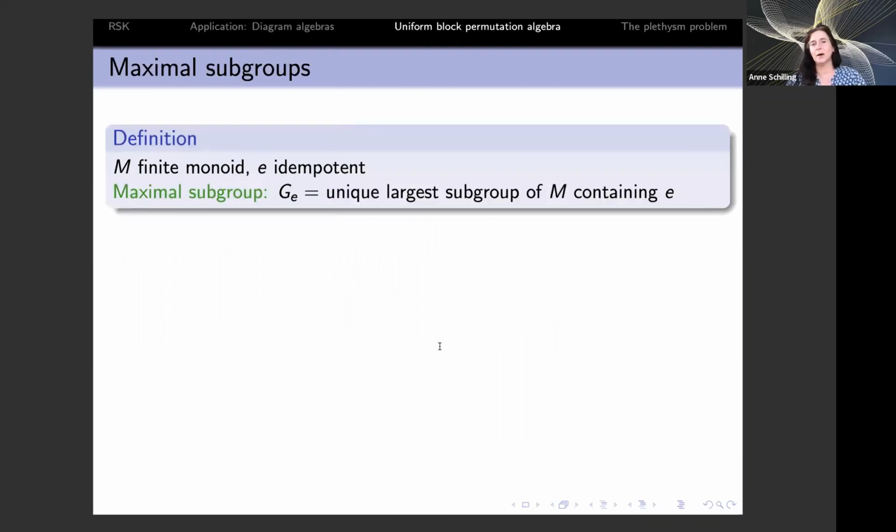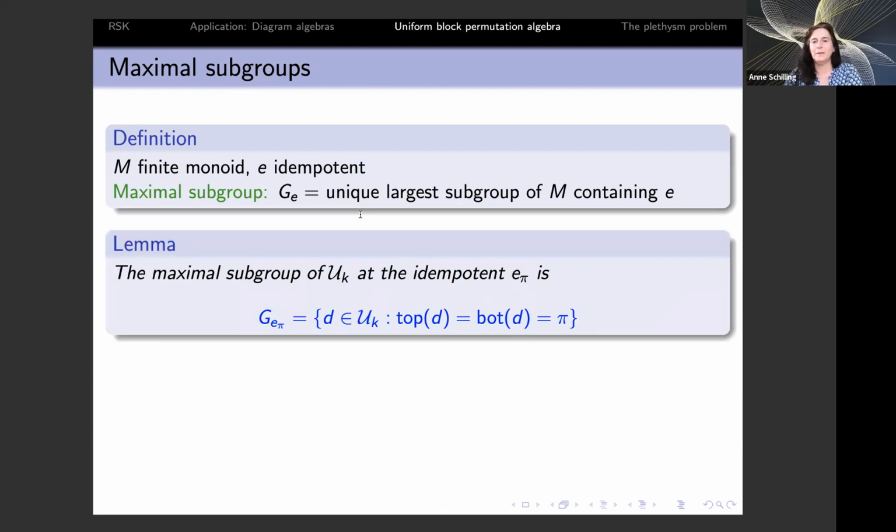It turns out that when you look at the representation theory for monoids, the idempotents actually play a central role. That's why we needed to classify the idempotents. And it turns out that the maximal subgroups inside a monoid are precisely indexed by idempotents. So by GE, I'm going to define the unique largest subgroup of a finite monoid M containing this idempotent E. And it turns out, again without giving you all the details, that the maximal subgroups for this uniform block permutation algebra indexed by the idempotent E pi is given precisely by